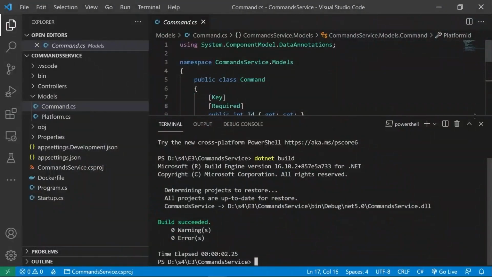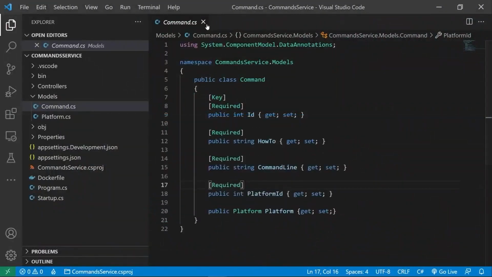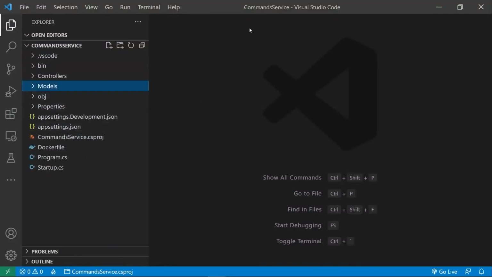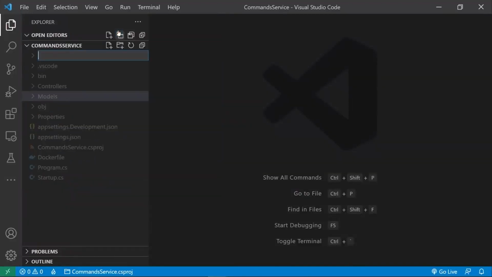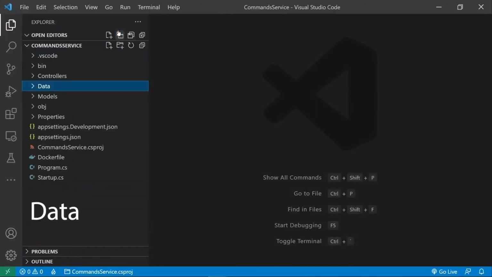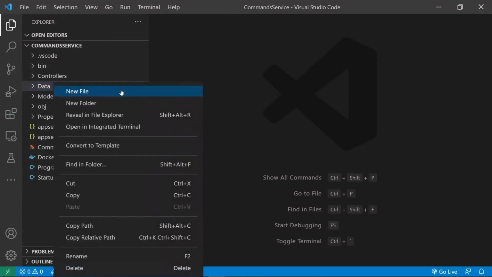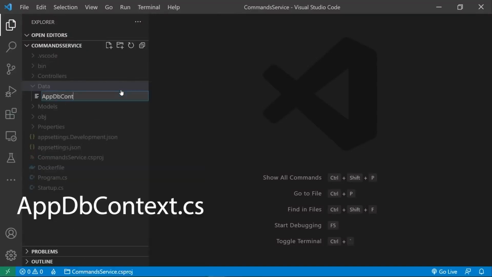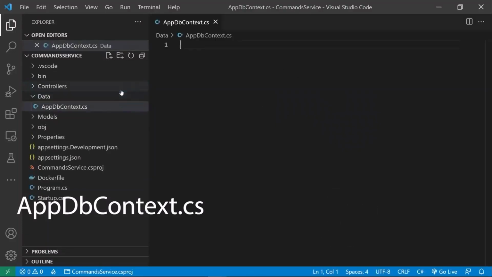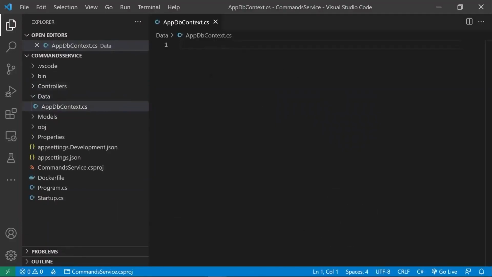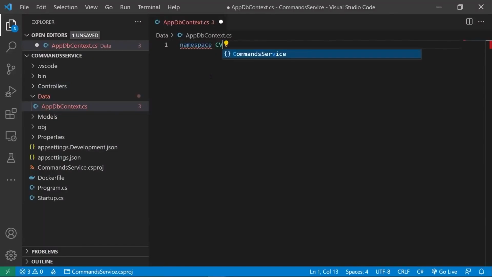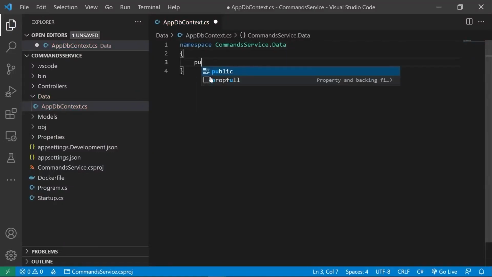All right, so we want to create our DbContext now. So let's just get rid of this, and back over in our command service, like we did with the platform service, we're just going to right click, new folder, and we're going to call it Data. And in here, we're going to create a new file called AppDbContext.cs. And this is, well, the first bit is exactly the same as we have already done for our platform service. So namespace CommandService.Data,